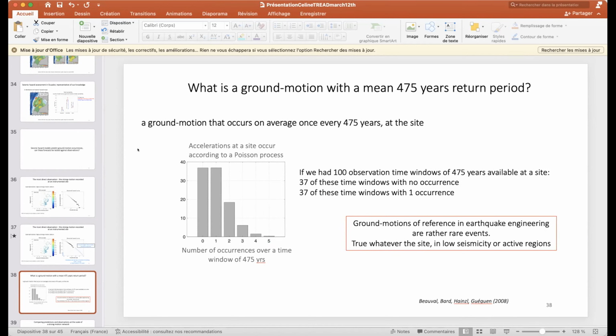So the model, nearly 99% of the time, assumes that ground motion occurrences follow a Poisson process, which means that if at a site we had 100 observation time windows of 475 years available,